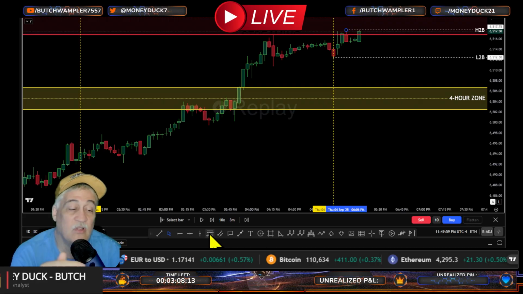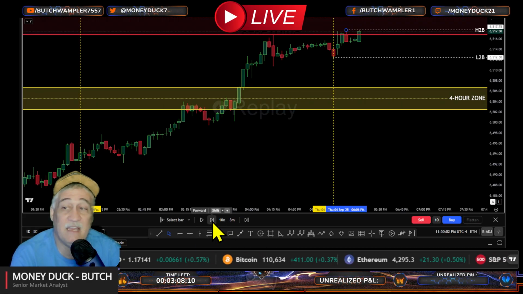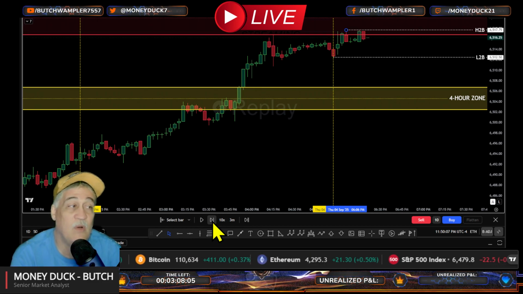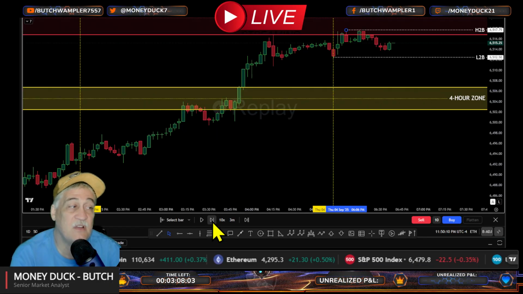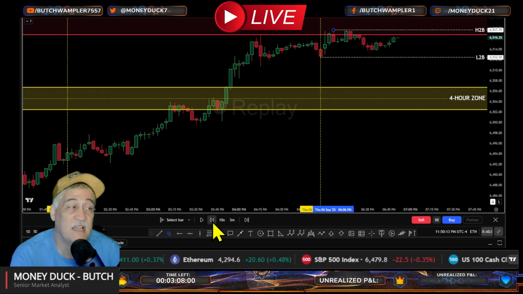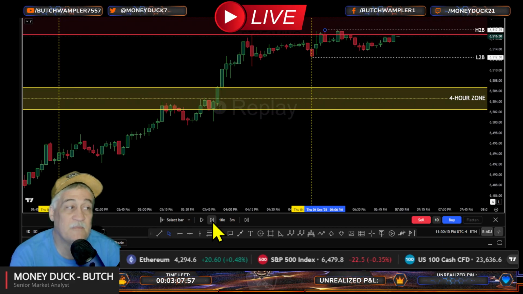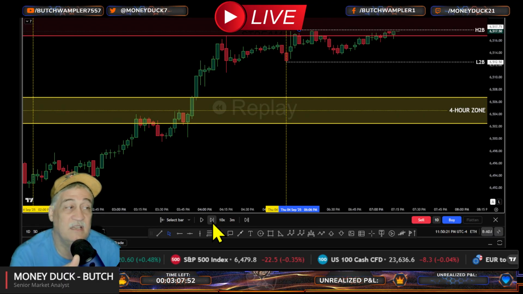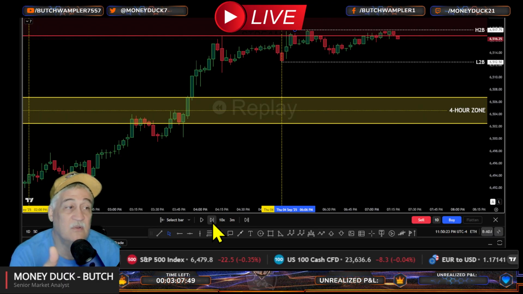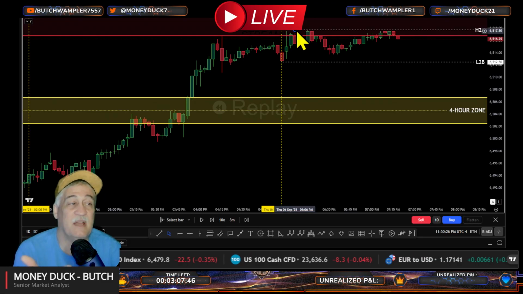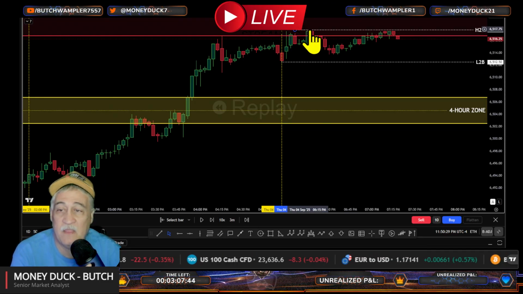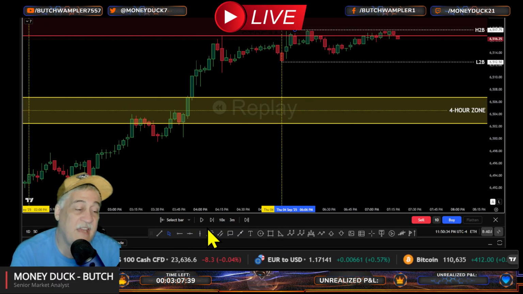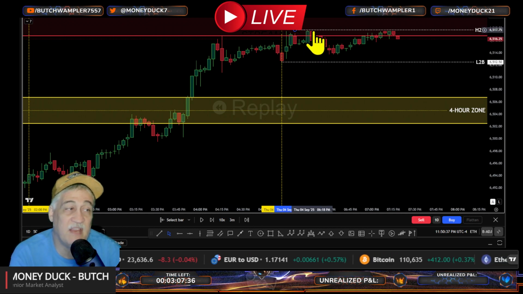Now we're looking for it to do the same thing. Is it going to break the low, or is it going to break the high? I don't know. We watch it play out, and we just tick those over. Looks like to me it was going after that low, but it ends up coming back up to the high. Is it going to break through? I don't know. We wait and see. At the time we're trading, we don't know if it's going to break that high. We're ready for it. We have no idea if it's going to break that or not.